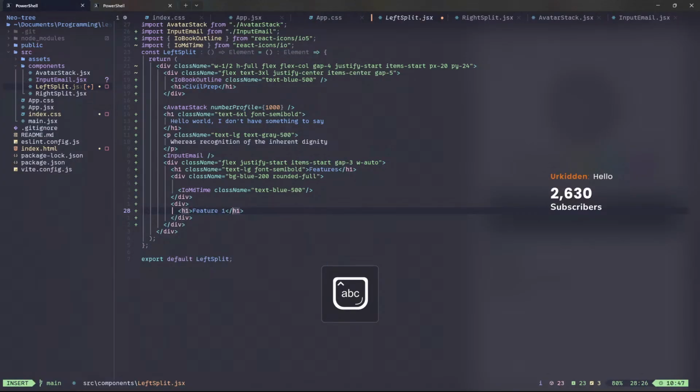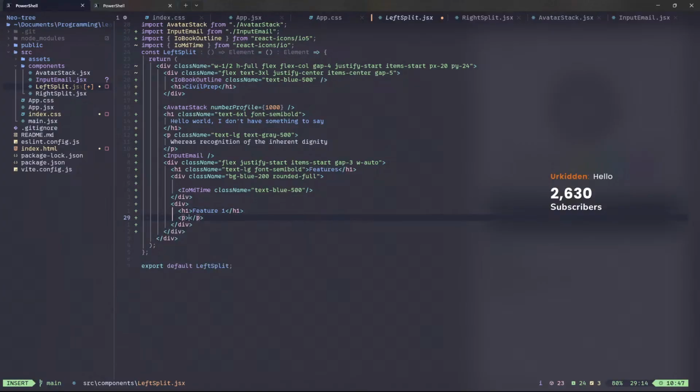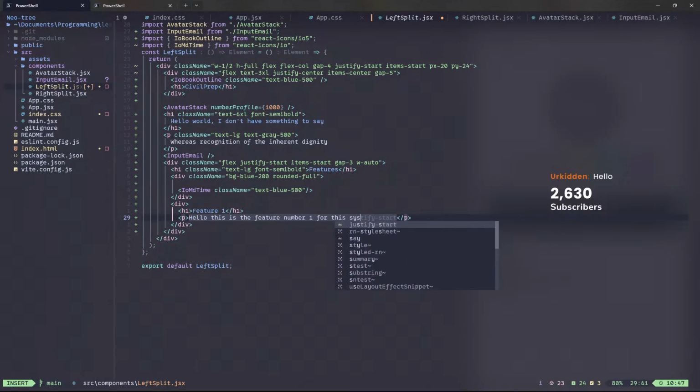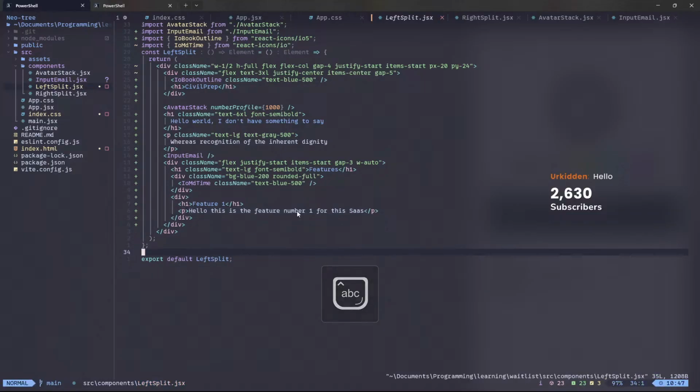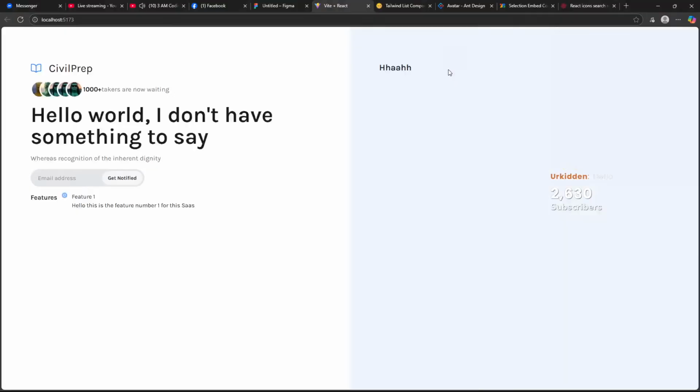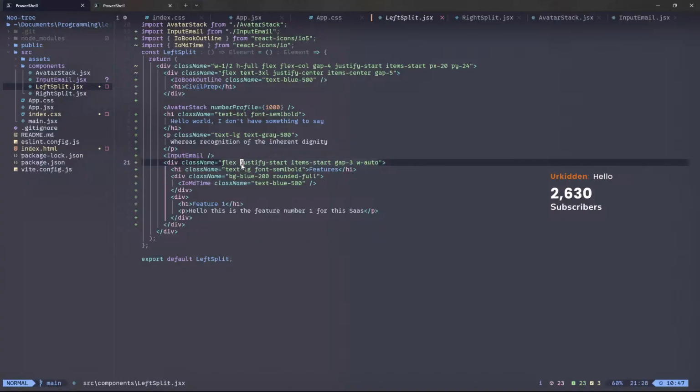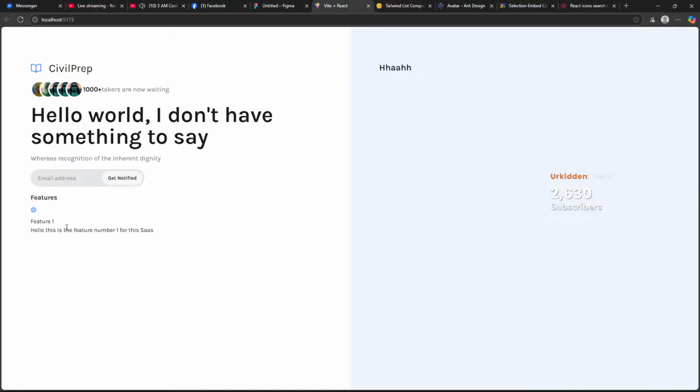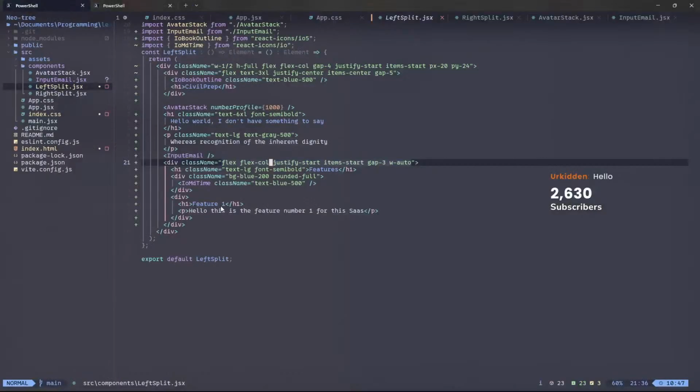Feature one and a P. Hello, this is the feature number one for this SaaS. Let's try to save, okay, features, nice. We are flex col, nice. Okay, feature one, then